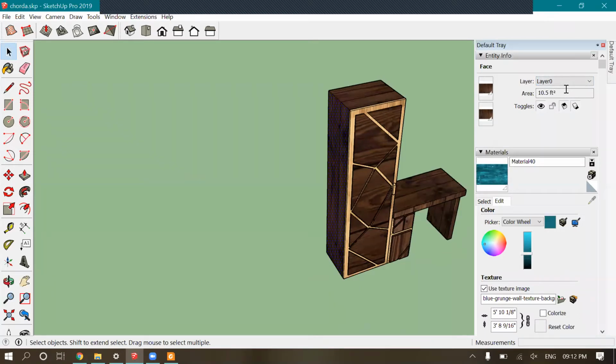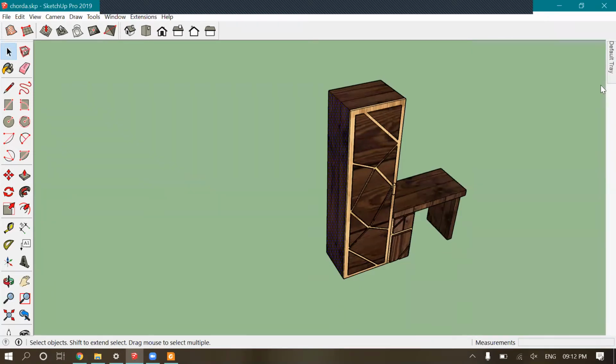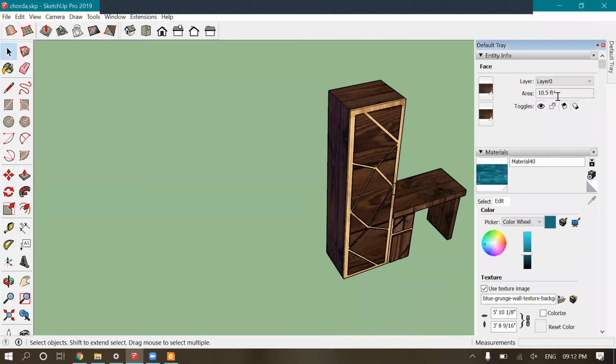Suppose, let's say for this part, what will be our cost estimation for this part only? It's just 10.5 square feet, and the price per square feet is like 78 rupees per square feet. So all we need to do is multiply it. That's all. But you need to do it manually for each and every part. It is a bit time consuming, but still.